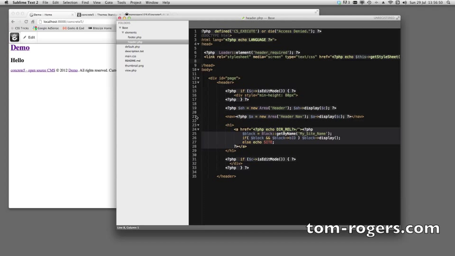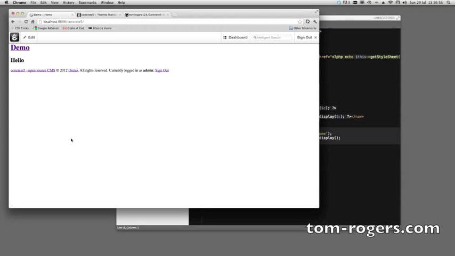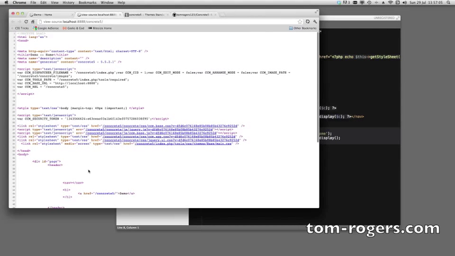So let's have a look at what that loader function, that header required, gives us. Remember, there's only two lines in that head section? Well, first of all, we've got our style sheet in there, which is right at the bottom of the head section, like we wanted. But then we got